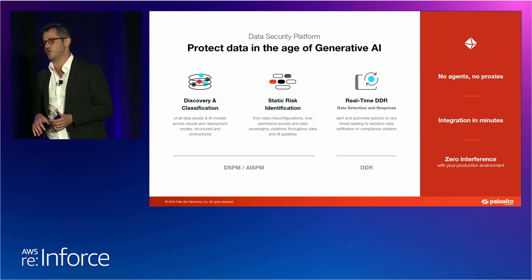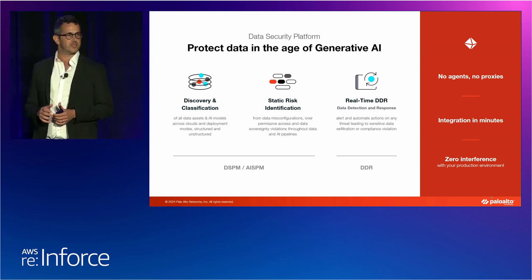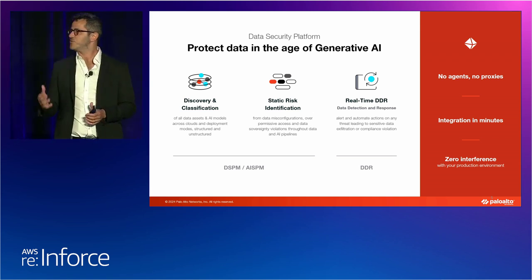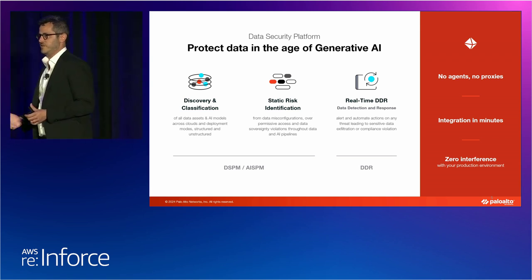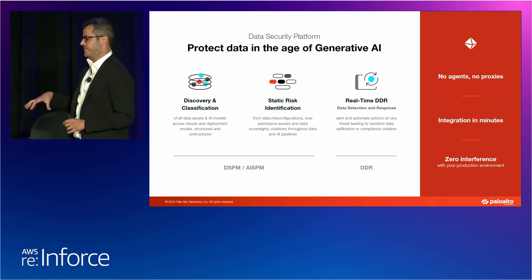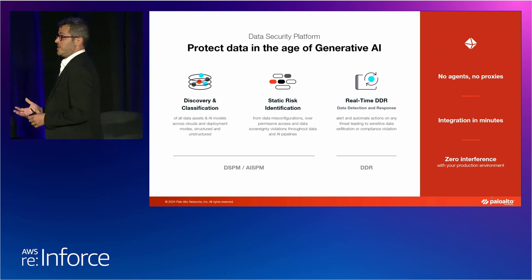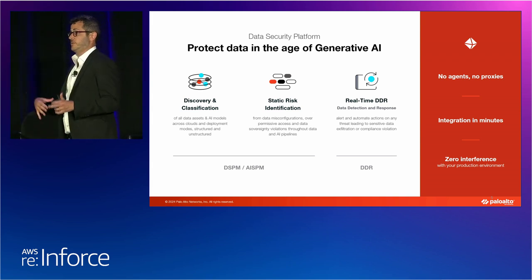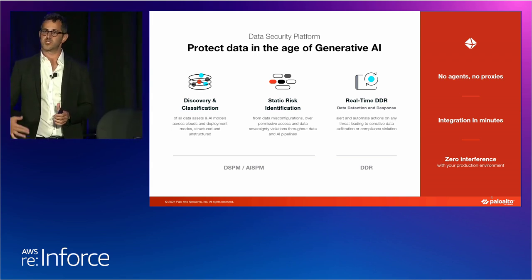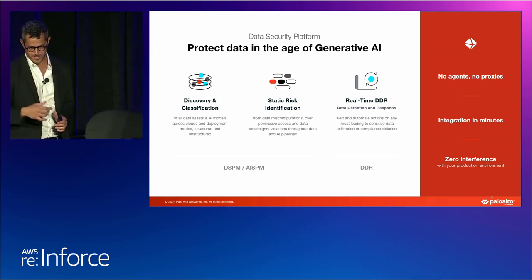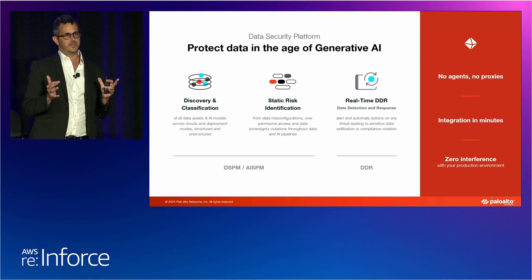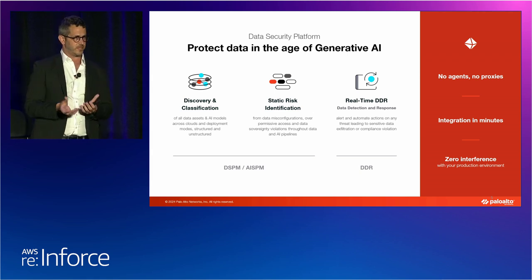So data detection and response analyzes every type of data interaction. We look at admin events, data events, and connections, and we're able to flag when something goes wrong with the data itself: mass downloads, mass uploads, someone copied data out of the cloud, someone uploads malware. We see a mass encryption event, like ransomware. We're able to detect in near real time and also respond to it through automation, okay? And the combination of both static data analysis and real-time data analysis is a complete data security platform in our view, of course.